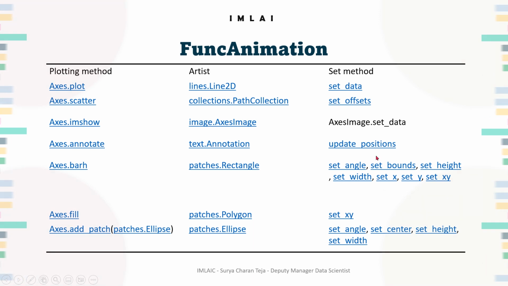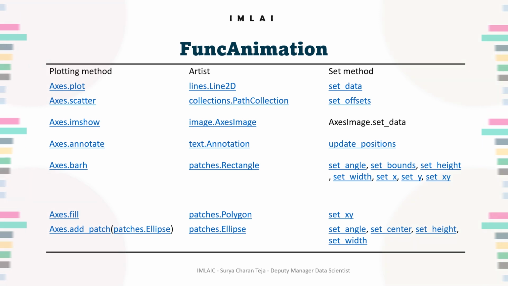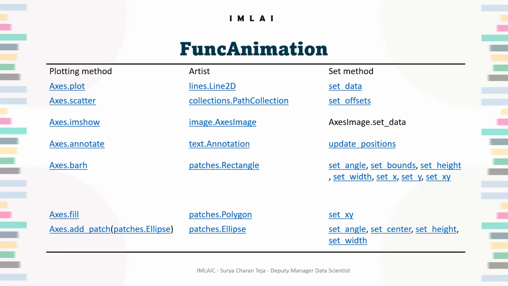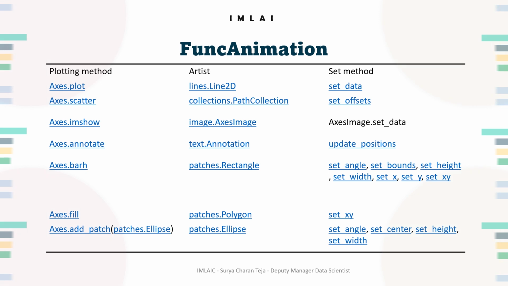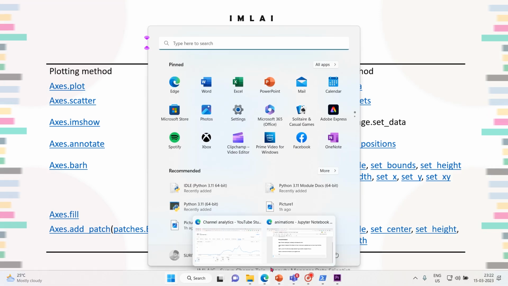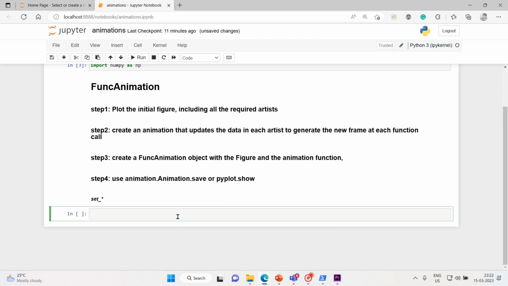Covering the set methods for all types of artists is beyond the scope of this module, or beyond the scope of this video. I would urge you to explore more if it is required. It's a fundamental video. Let's take one example to understand this better, but by the time you just go through the plotting methods, artists and set methods. So now let me get back to our example. Here I'm going to take an example. Let me type fig